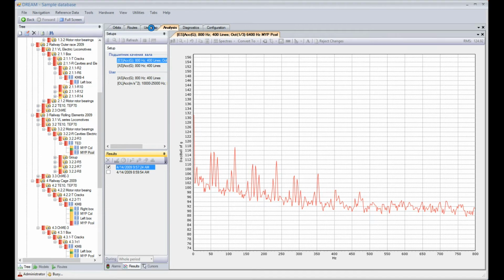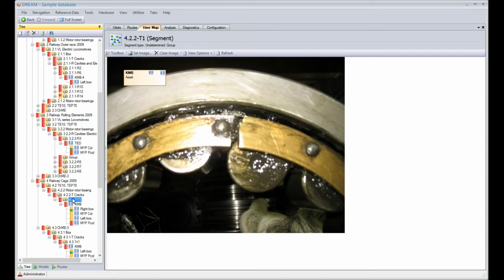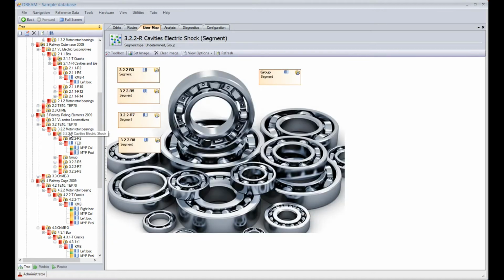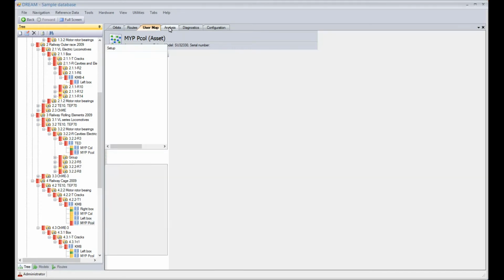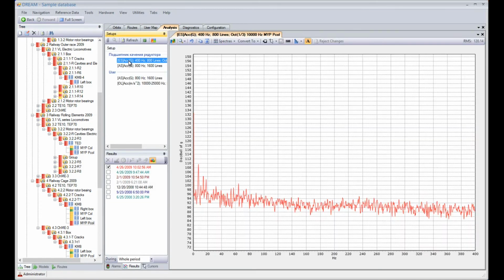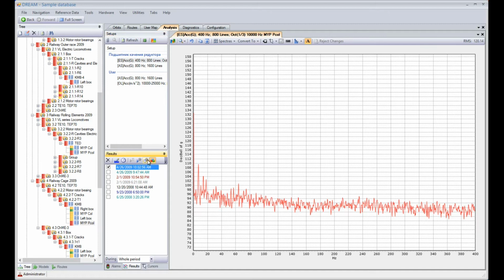If we go to the user map in the database, we have a database with some pictures. Not this one, but I think this one. Yes, this is a crack on the rolling element. For the examples of the cage, what we have seen before this, we can also see the envelope spectrum, we can see auto spectrum. This is again the spectrum of the gearbox, and these are the gear mesh frequencies in the auto spectrum. We can go to the automatic analysis, okay,